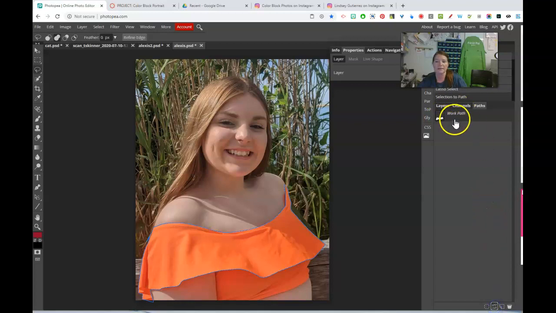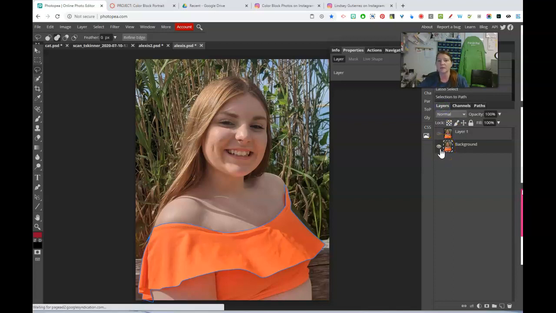When you do that, it creates what's called a work path. You'll see it there, and you're going to see a blue line around it. We always see blue lines around paths. If you draw a shape, it has a blue line around it. Okay, so I'm going to go back to Layers, and now we're going to create what's called a solid